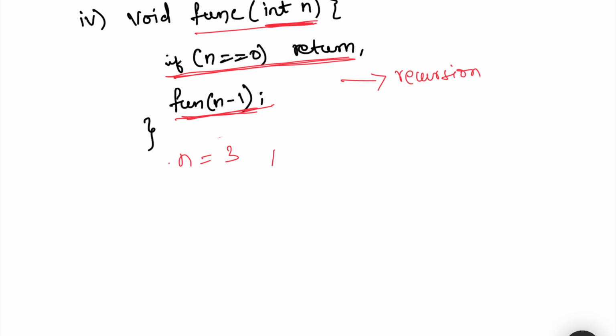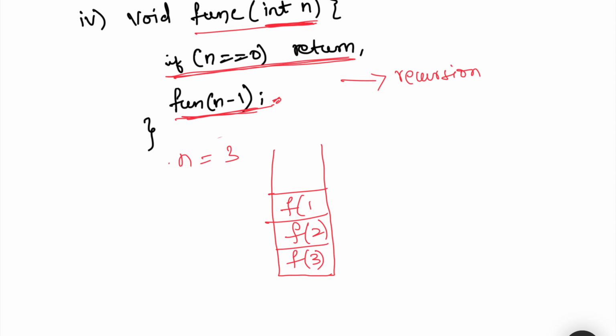As you all know, for recursion we always follow a stack. So first we will call function 3. Since it's not equal to 0, we go for this statement with n minus 1. So 3 minus 1 is 2, f of 2 is called, and then again it's not equal to 0, then f of 2 minus 1, f of 1 is called, and here f of 1 again is not equal to 0, so this will call f of 0. When f of 0 is called, it immediately returns because it satisfies the base condition n equals 0,